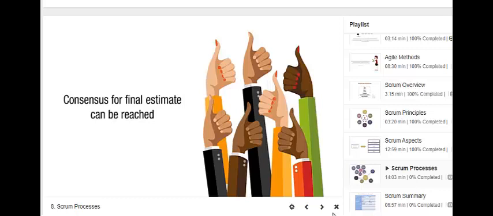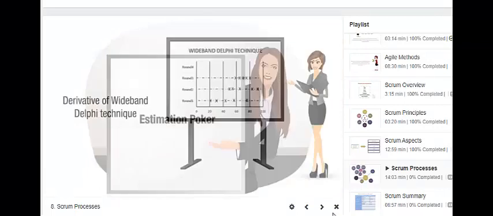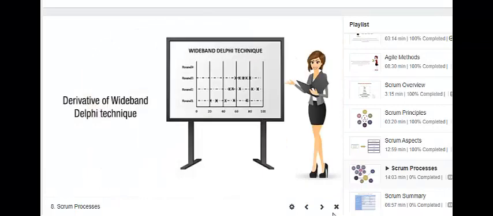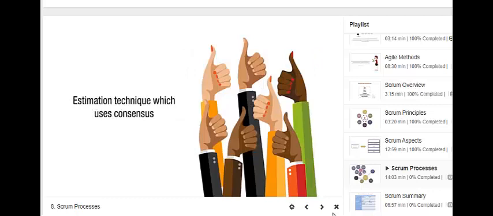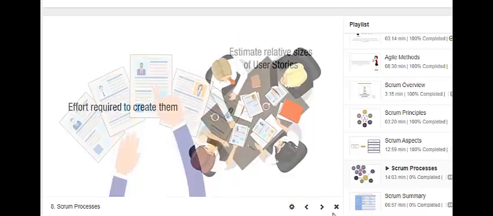The second technique is planning poker. It is also called estimation poker. It is a derivative of the wideband Delphi technique. This is an estimation technique which uses consensus to estimate relative sizes of user stories or the effort required to